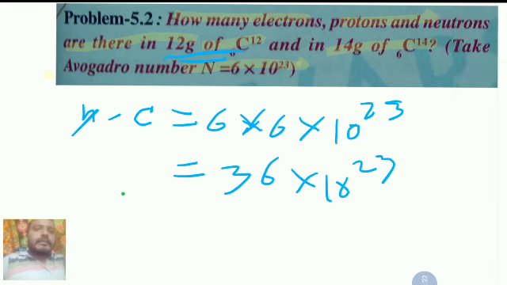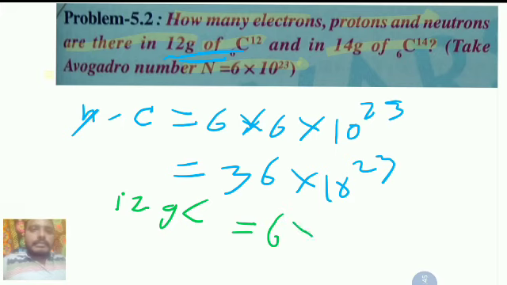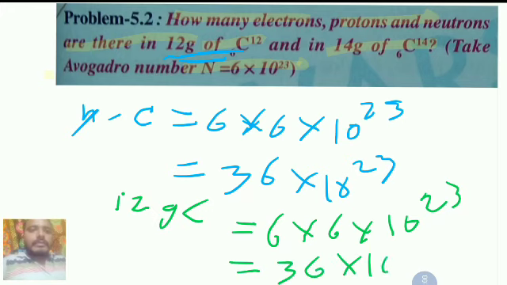so 12 grams of carbon. Then how many protons are there? Here 6 protons are there, so 6 into Avogadro number he has given, 6 into 10 to the power of 23. So 36 into 10 to the power of 23 is the number of protons, and that is the same as the electron number. And he is asking another one,